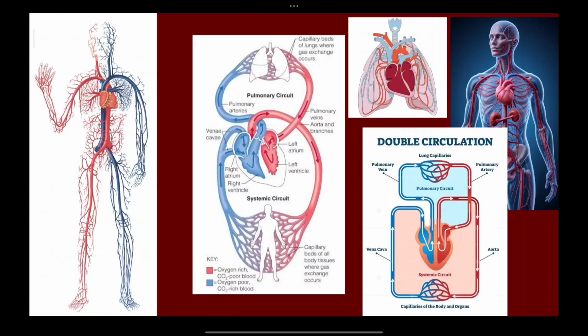We'll also be studying the aorta in the later part. Here is a clear diagram of how the pulmonary and the systemic circulation work. This is a very important topic where questions might arise for 5 or 10 marks, sometimes 3 marks as well, depending on the type of question.